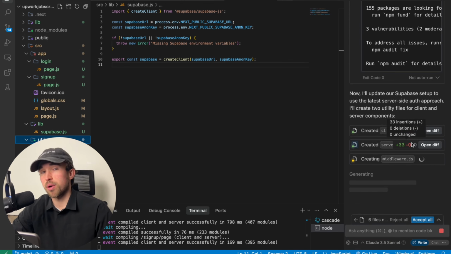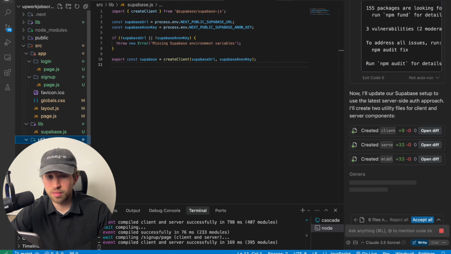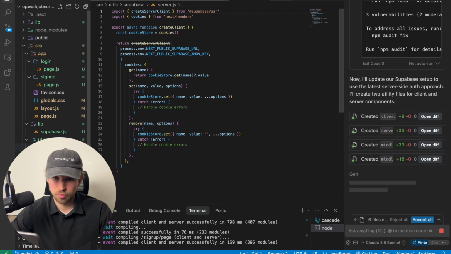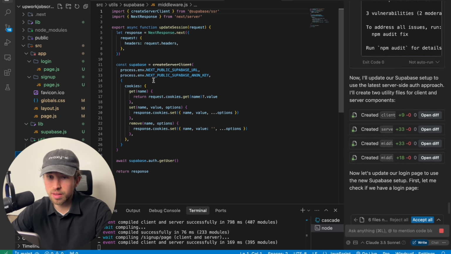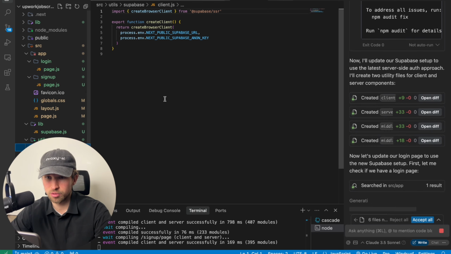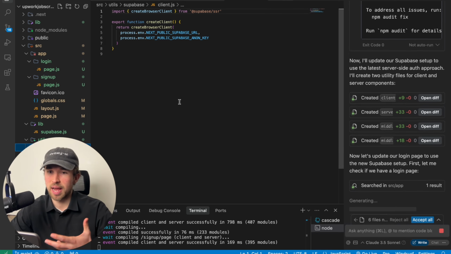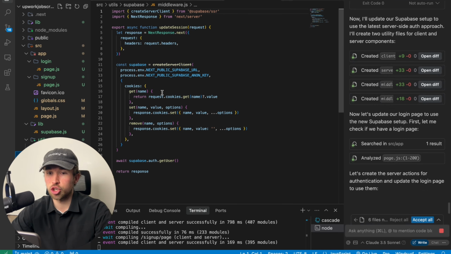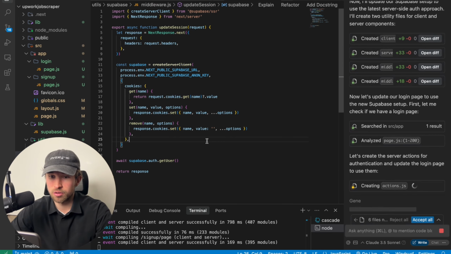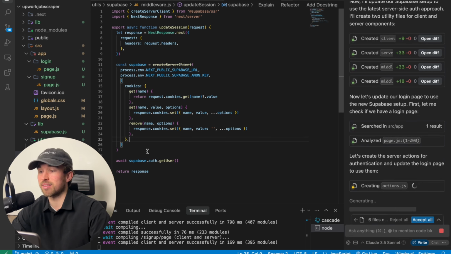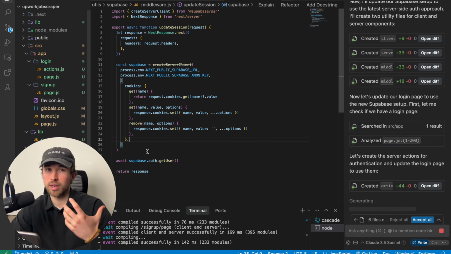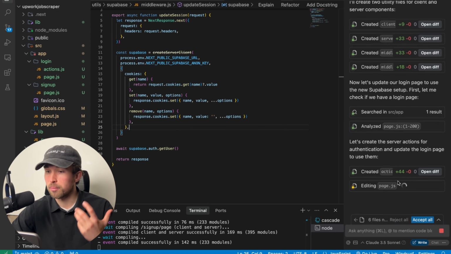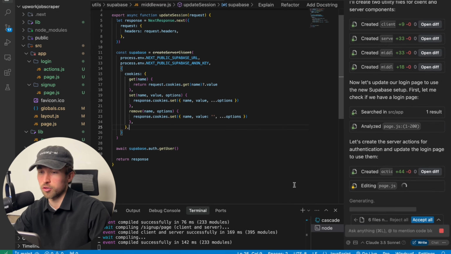So current best practices for Supabase are to create this utils file, which has client, middleware, and server in it. So this is going to create a server client. This is going to create a client side client. And then the middleware is basically the thing that checks if there are cookies and then gets the users. So this is kind of a protection layer that will filter our responses to be more accurate, more safe, and much better in the first place.